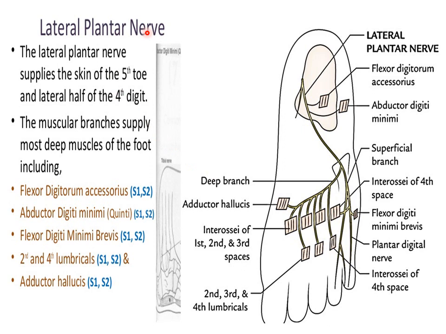Let us discuss the branches of the tibial nerve. We shall divide the branches into muscular, cutaneous and vascular, articular to the joint, and the terminal branches from the tibial nerve. Muscular branches: it supplies the gastrocnemius, both the medial head and lateral head, supplied by the tibial component of the sciatic nerve. Then it supplies the plantaris, the soleus, and the popliteus. So these are the branches given in the lower part of the popliteal fossa.